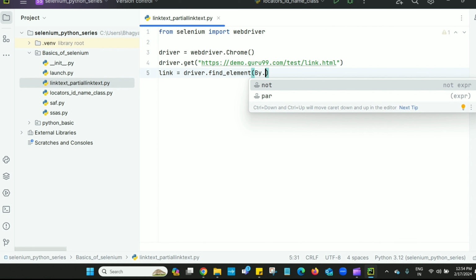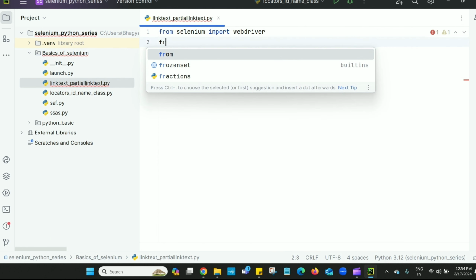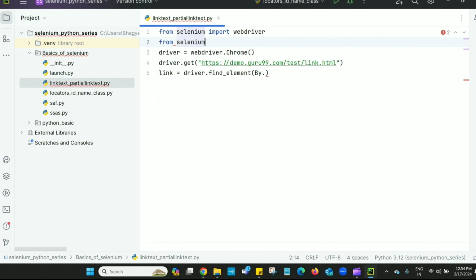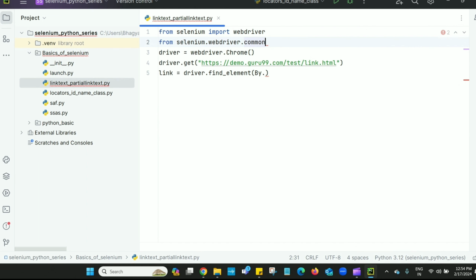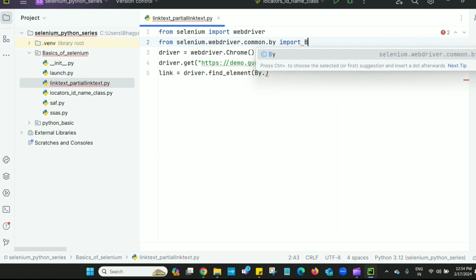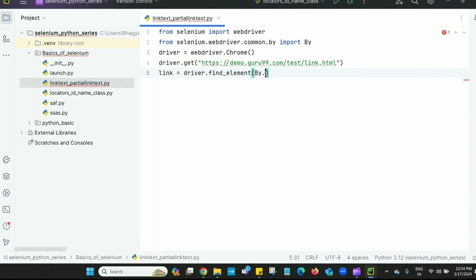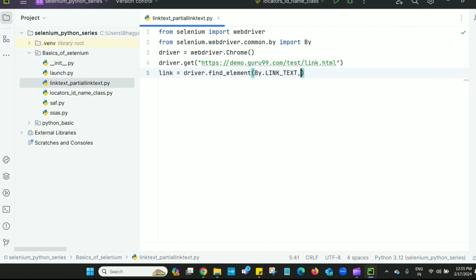I will define link as a web element, and by using link text, from selenium.webdriver.common.by import By, and By.LINK_TEXT, I have to pass the value, click here.